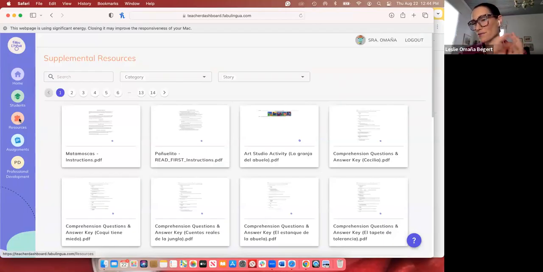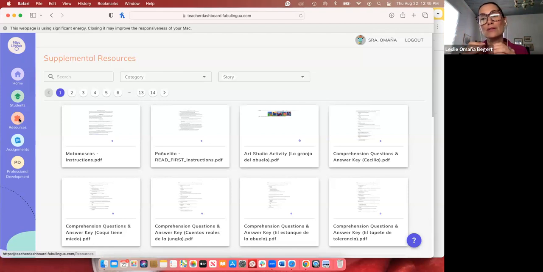The first difference we covered earlier: you can have many active stories, as many as you want per class, not just the one active story. But also, crucially, depending on the kid, you can set them per child as plug and play teaching, which allows the game mechanism to take over. So you don't have to be setting active stories. It just allows them to progress through as the game algorithm determines.